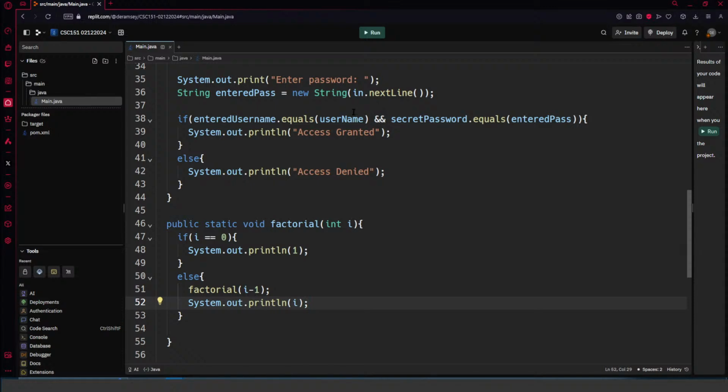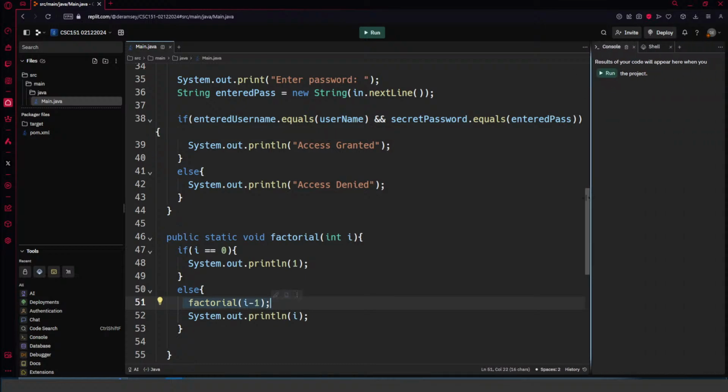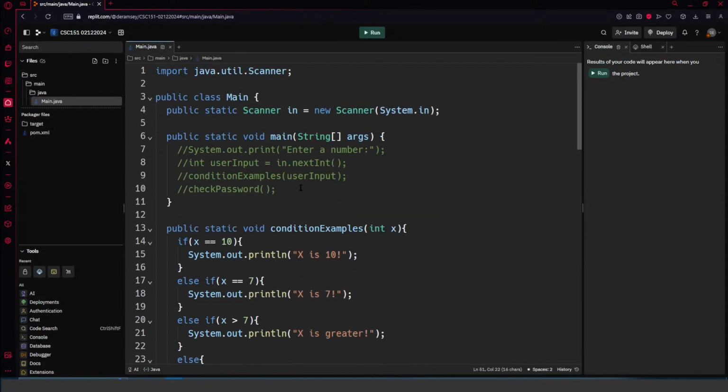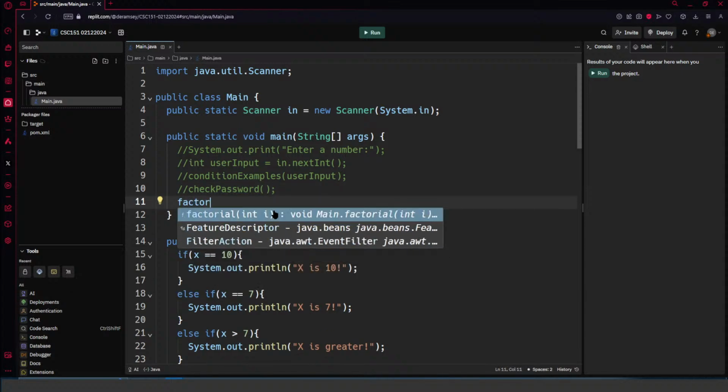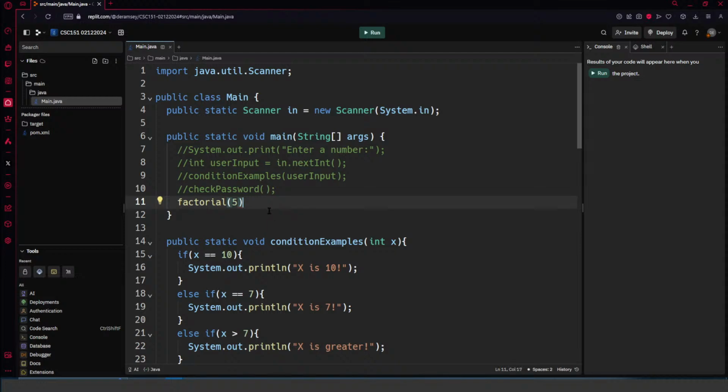Right, so now I'm starting out with some value. It's coming in here as I. If it's 0, we're just going to get back 1. If it's anything else, we're going to restart the value with I minus 1. Now what that's going to do is bubble, and we're going to see that happen as we enter in our number. So if we call our function here, factorial, and put a value in there like, say, 5, and we run that,